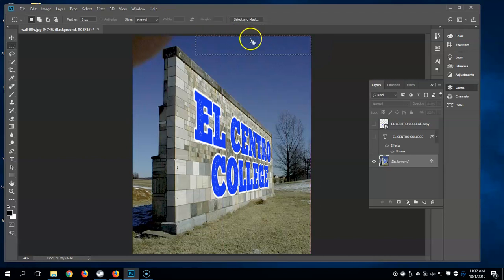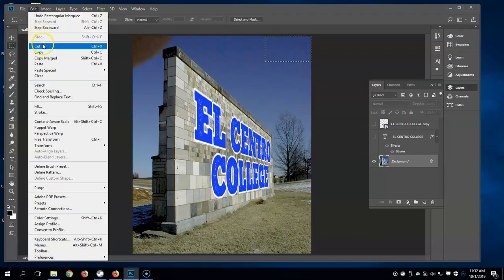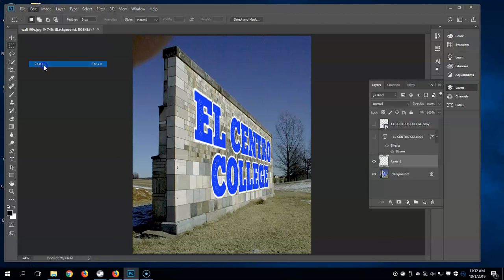I'm going to sort of consider the sky. It's bluer in the top than it is in the middle. So if I copy a chunk of it up here, I'm going to select all that, say edit and copy, and then I say edit and paste. It'll land right on top of where the other one was. I have this layer 1 that appears, and I'm going to move the graphic to the left and see how this might actually work. I can expand it using the Control T shortcut. That's very visible, but parts of it may work okay. If I expand it onto this area,